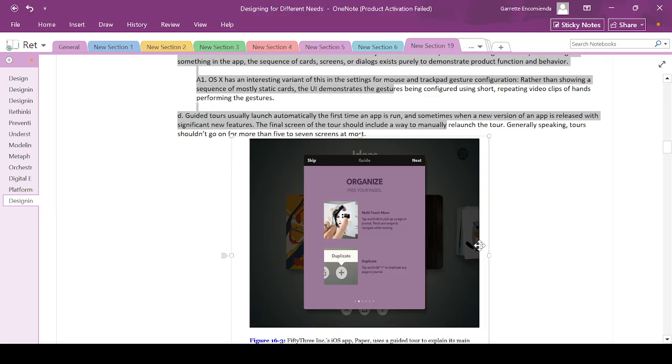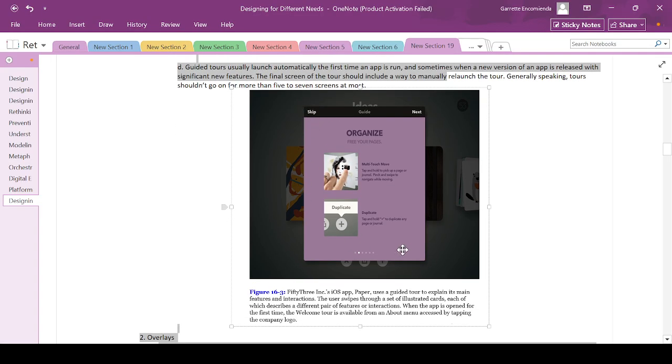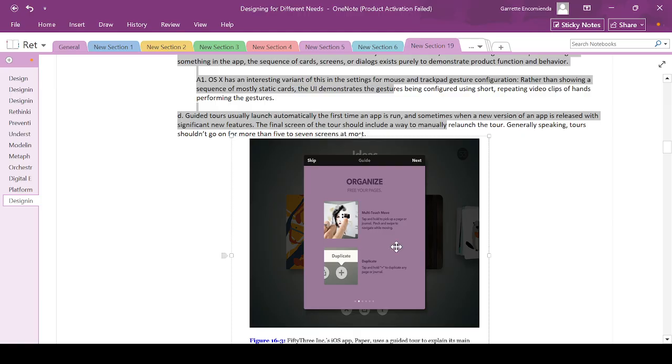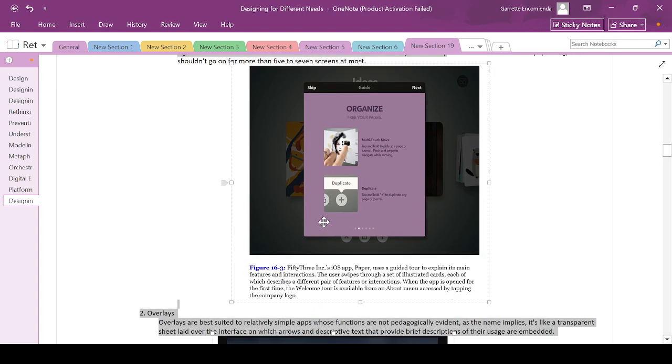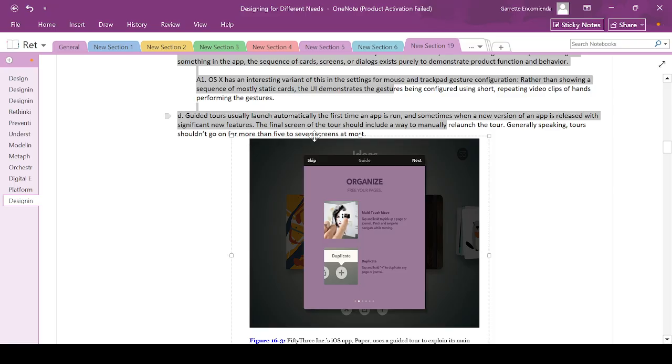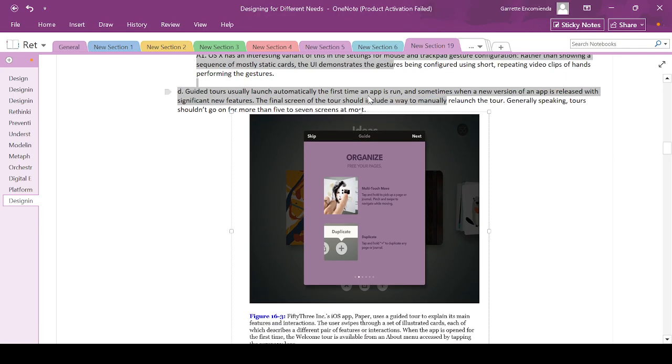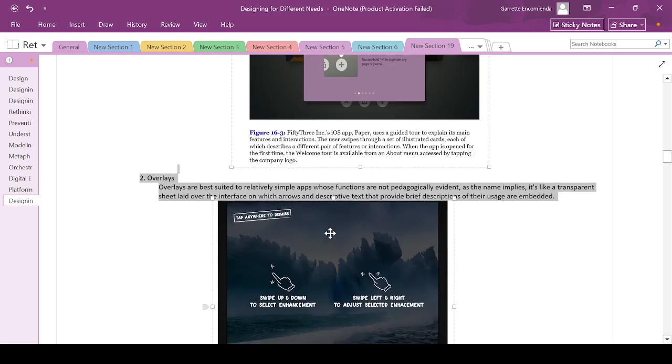Guided tours usually launch automatically the first time an app is run, and sometimes when a new version of an app is released with significant new features. So if there are significant new features, these guided tours are also implemented. The final screen of the tour should include a way to manually relaunch the tour. Generally speaking, tours shouldn't go on for more than 5 to 7 screens at most, otherwise the user will forget